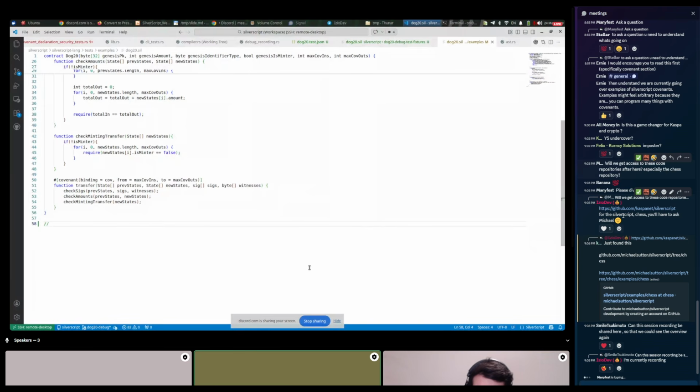So maybe we will demonstrate it with a simple example with native tokens. I'll try to explain briefly what we are trying to achieve.